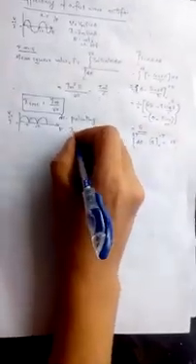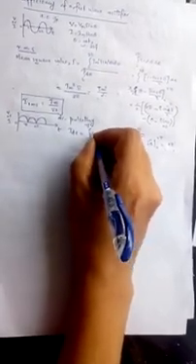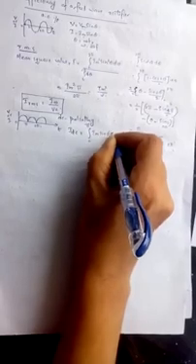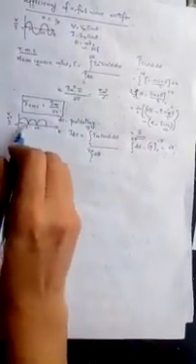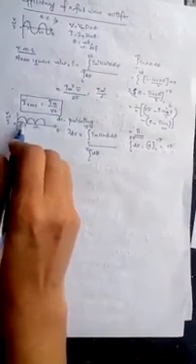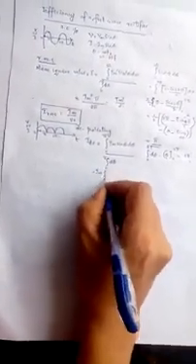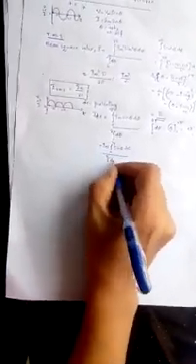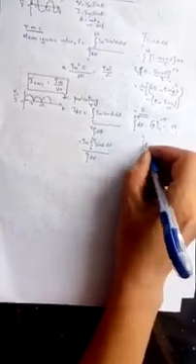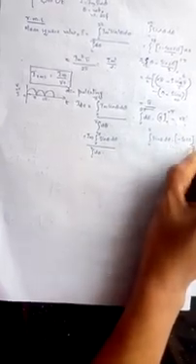In order to find the DC value of the current, we can integrate this expression between the limits 0 to pi of Im sin theta d theta, divided by the integral 0 to pi d theta. Here the repetition of the wave is within the interval 0 to pi, so we can sum these values and take the average. That is equal to Im times the integral 0 to pi sin theta d theta, divided by the integral 0 to pi d theta. The integral of sin theta d theta is minus cos theta within the limits 0 to pi.